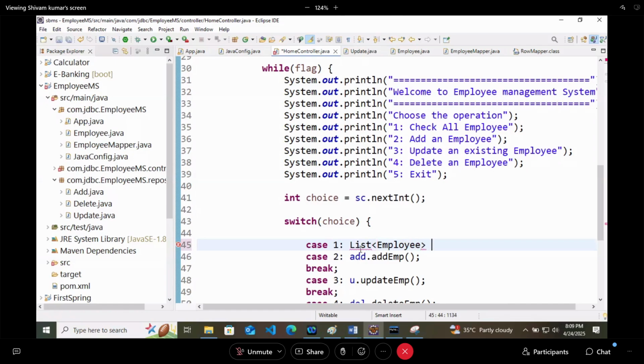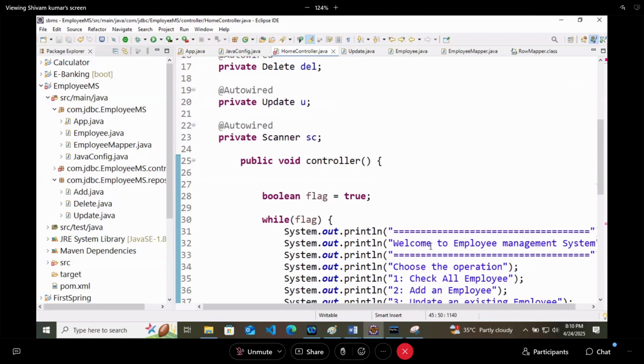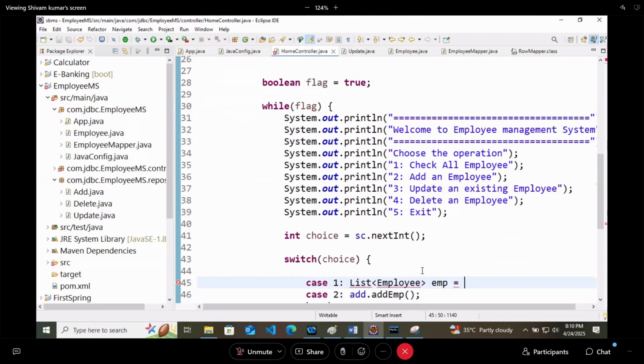We are getting a list of employees. The list name is EMP. From where is this list coming? If I'm asking from where this list will come, who will give the list to us?